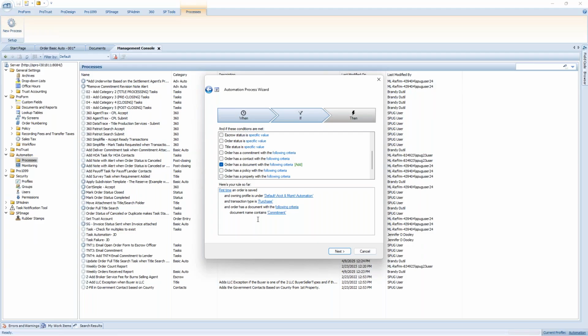And so now it's building this down below. First time an order is saved, my profile, transaction type, and my document is named commitment. And maybe just very simply, I just want it to go update a task for me. So once I am done completing my if section, I'm just going to say next and go tell it what